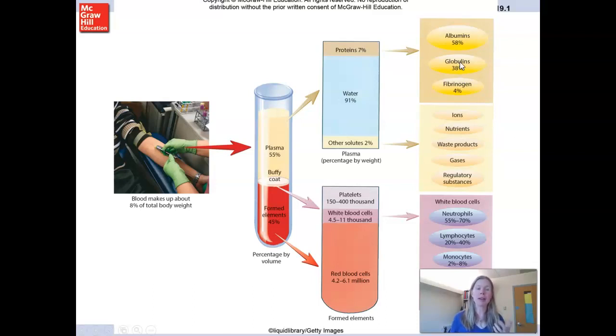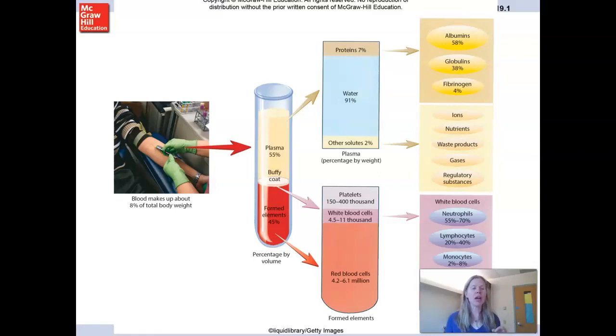Included in this group would be things like antibodies. So the other way to say antibody is immunoglobulin. So it's a globulin protein. Also the lipoproteins. So if you've heard of HDLs or LDLs, those would be globulins. And again, these can also act as hormone binding proteins. The final group of proteins, a much smaller amount, is this